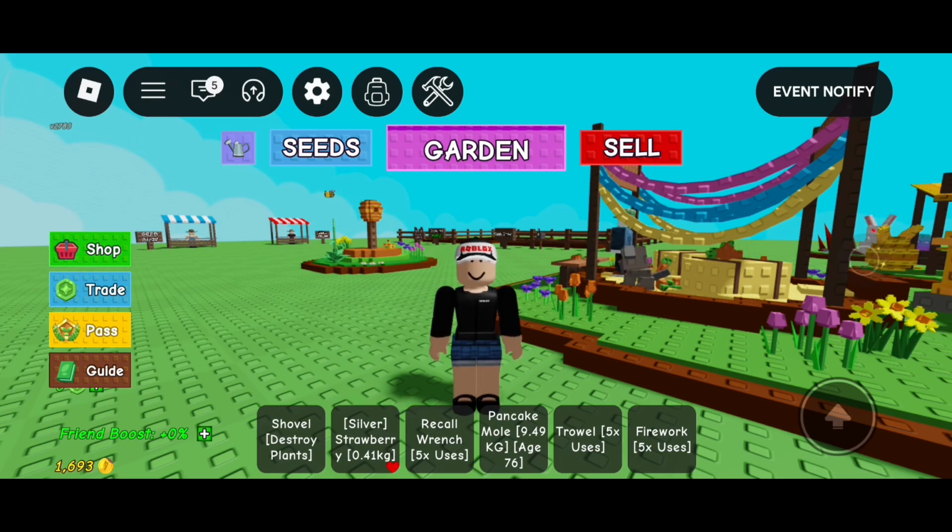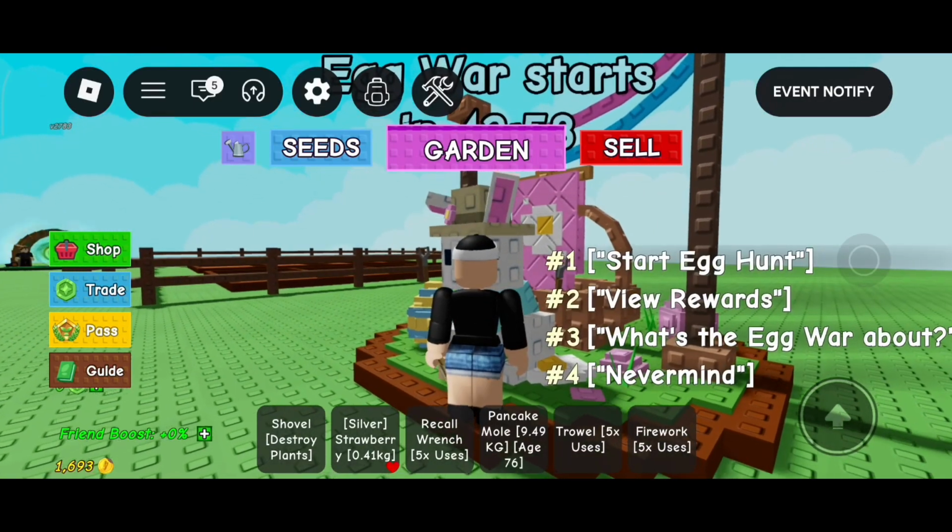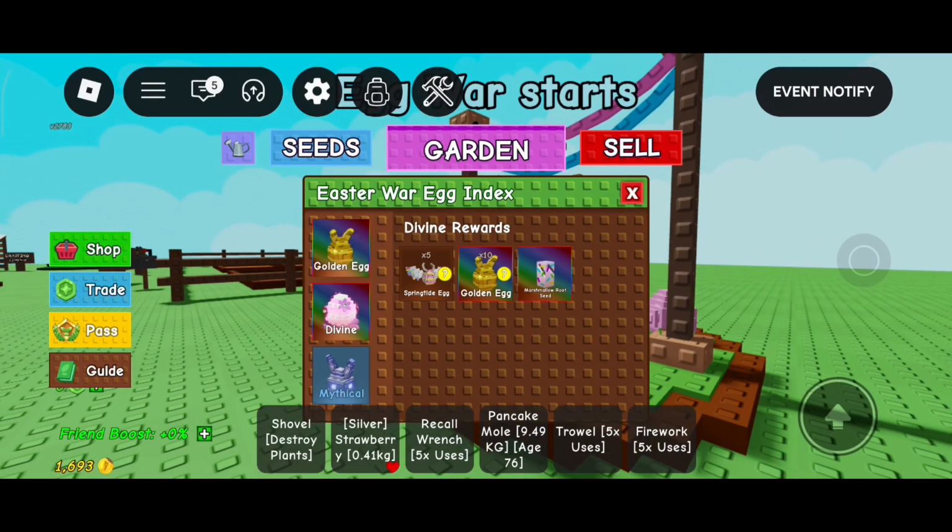Now here's the important part. The marshmallow root seed is part of the divine reward at the Egg War. This one, you can get this marshmallow root from the divine rewards like this, and this reward is pretty rare, and it's marked by a pink egg like this. It's a beautiful egg. It has a pink color like this. So whenever you see a pink egg reward at the Egg War, that's your chance to get this marshmallow root